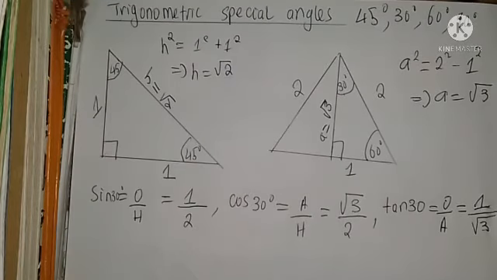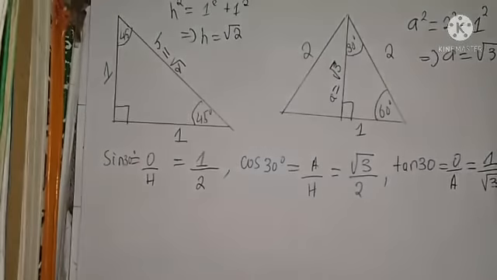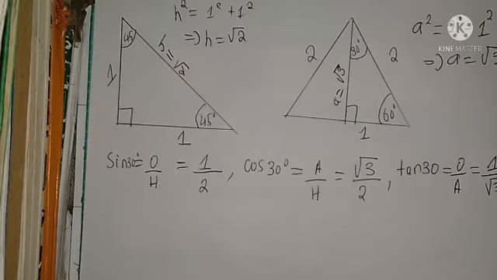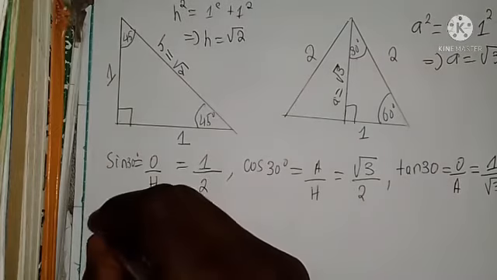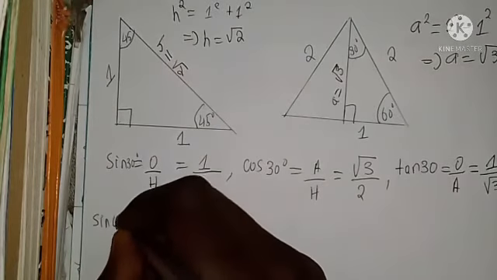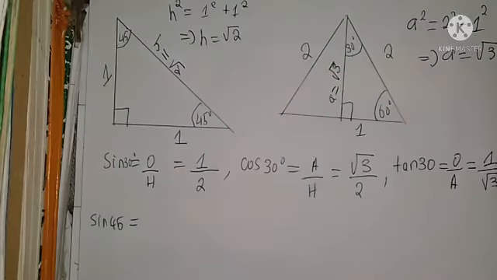Okay, that is for tan 30. Now let's head over to 45 degrees. So this is our right angle triangle. So sine 45 is equal to